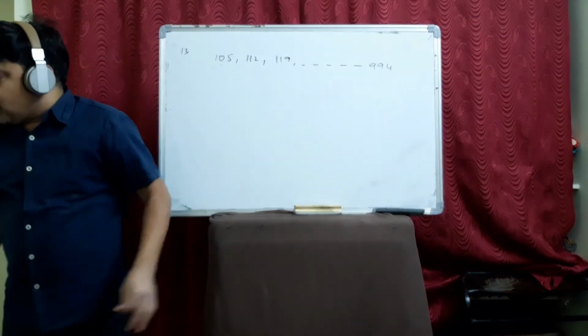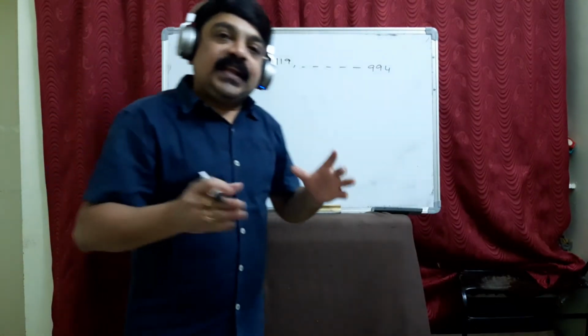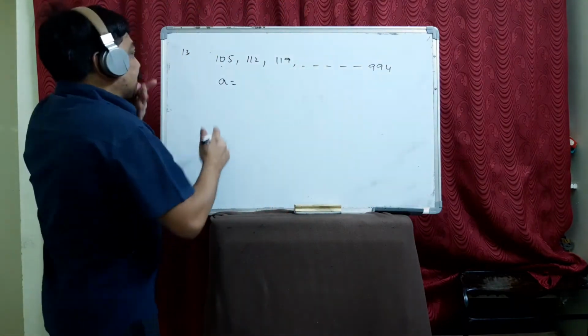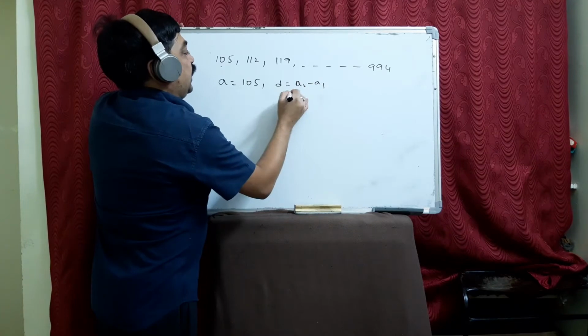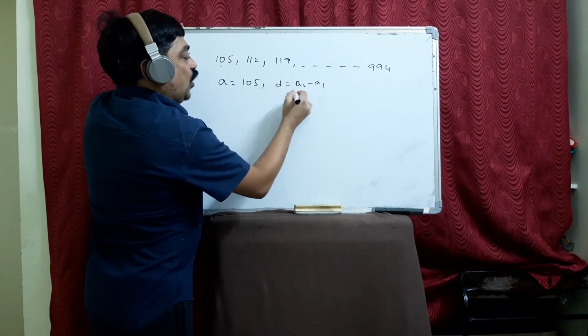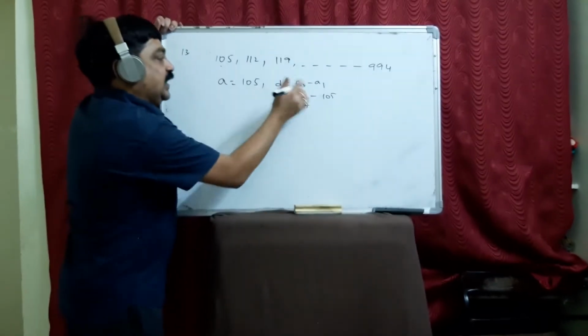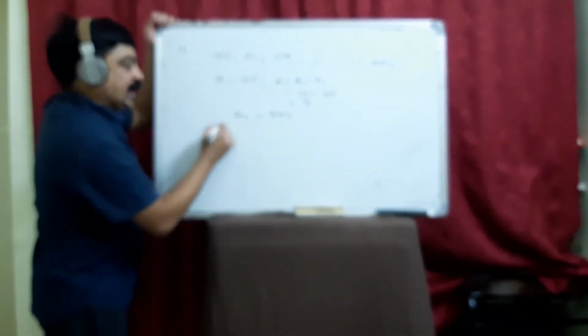Now the question is, how many are these? We take the usual process. Whenever we are asked to find out how many, we equate the last term to an. Here a is 105. Always the basic standard process. The first term is a, the common difference is a2 minus a1, that is 7, and no need to do this also because these are numbers divisible by 7. You have a and d, and equate an to the last term so that you get the value of n. So a plus n minus 1 into d.